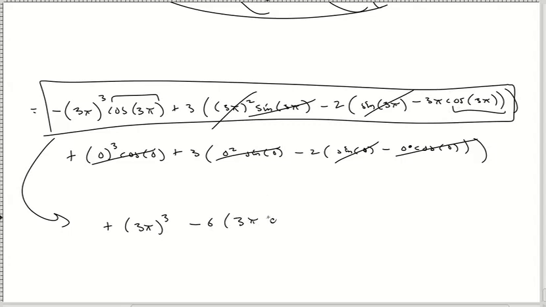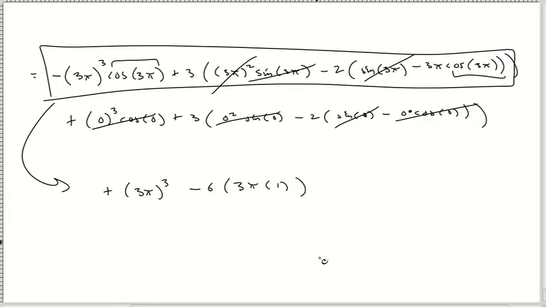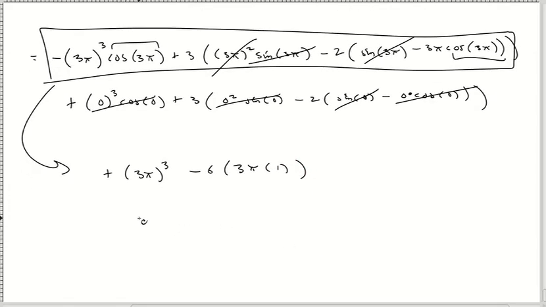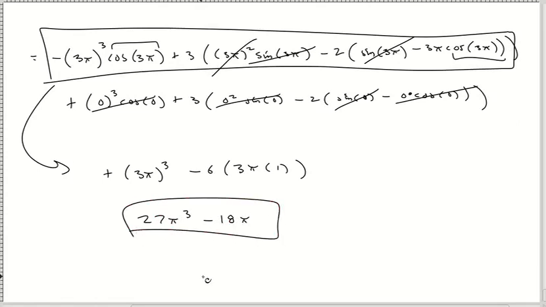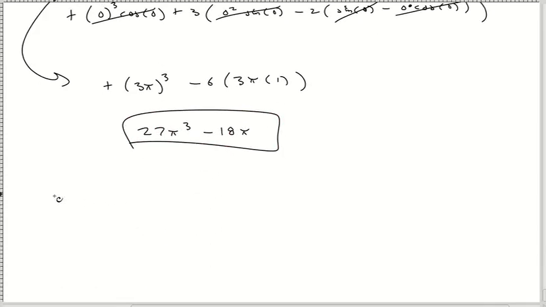Should still make it a negative in the end. 3 pi times 1, I guess. And so my answer, I guess, is 27 pi cubed minus 18 pi. Yes, that's what I got on my notes. And there we go. Just type that thing in if you want to. All right,